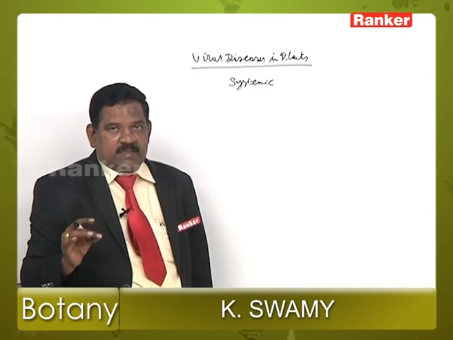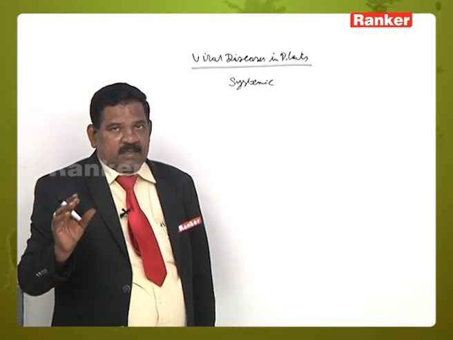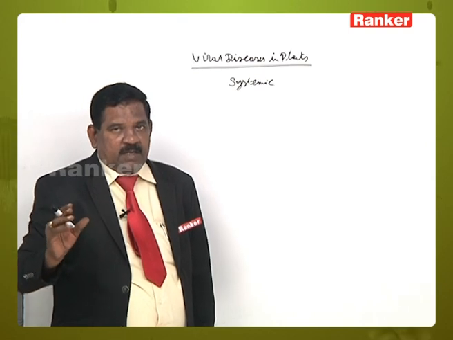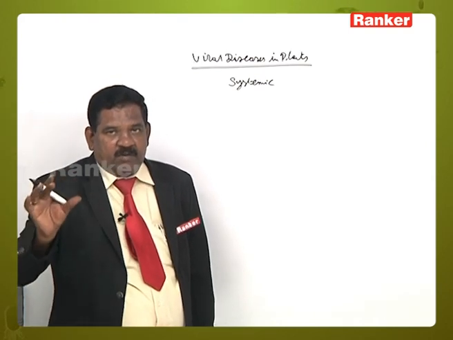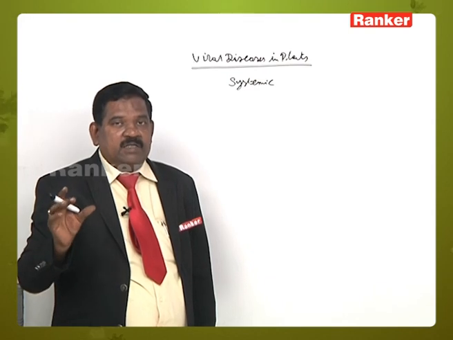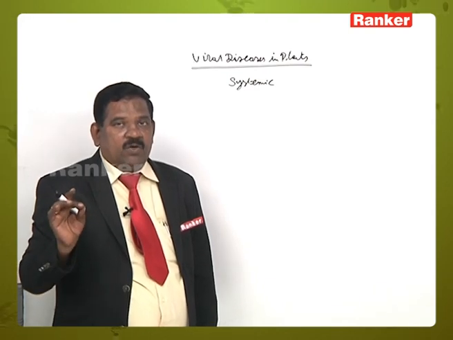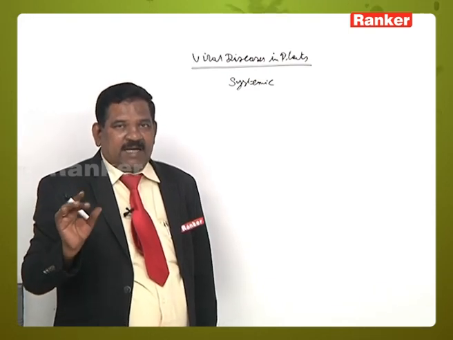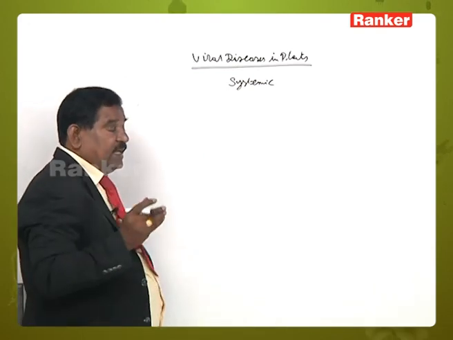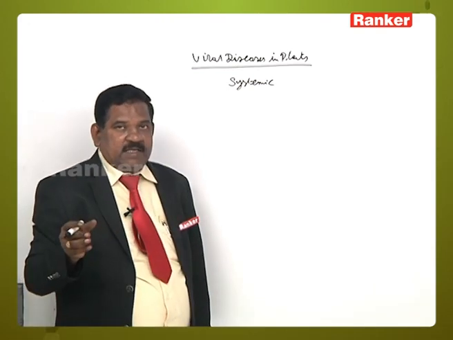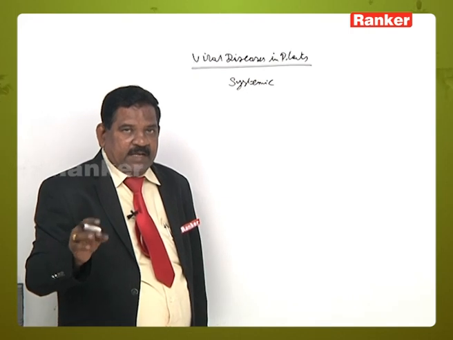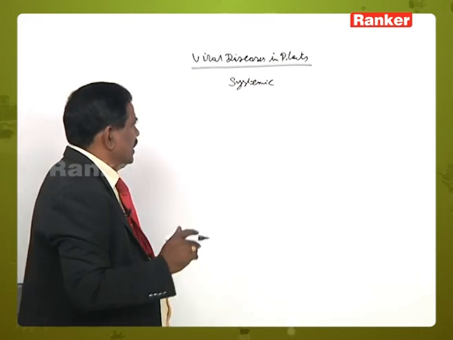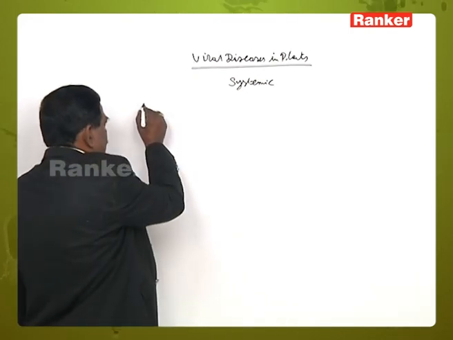So, viruses cause symptoms or affect all parts of the plant body. All parts of the plant body are affected. So, viral diseases in plants are systemic. The symptoms mainly appear in leaves. Some of the symptoms: